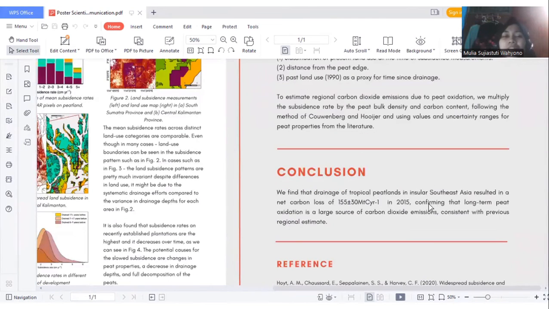In conclusion, in this research we find that the drainage of tropical peatlands in insular Southeast Asia results in net carbon loss in 2015, confirming that the long-term peat oxidation is a large source of carbon dioxide emissions consistent with a previous regional